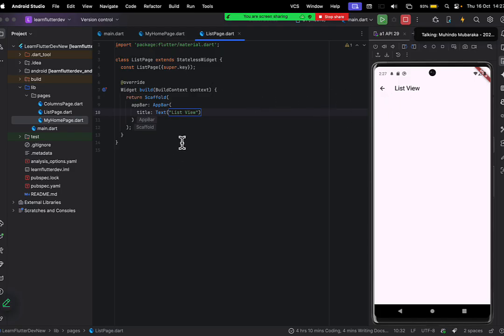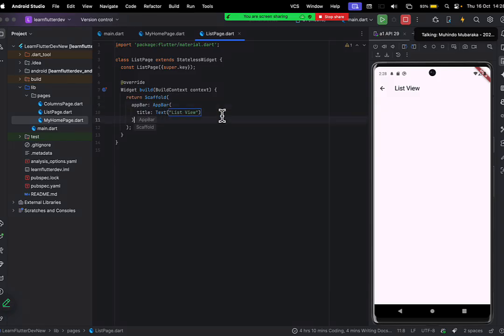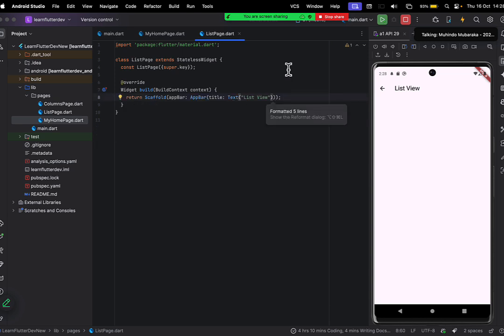And this app bar has a lot of parameters. If you want to see these parameters, just move your mouse here and then you pause it here. You'll be able to see those parameters. Or you can just simply go into this app bar